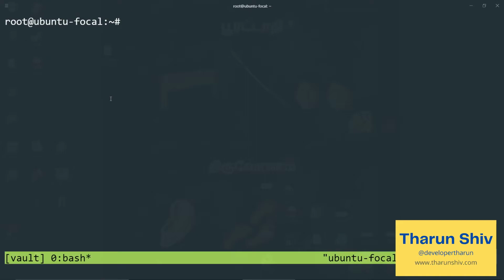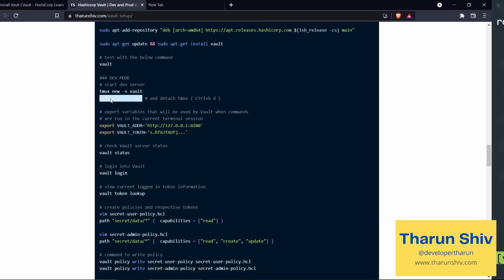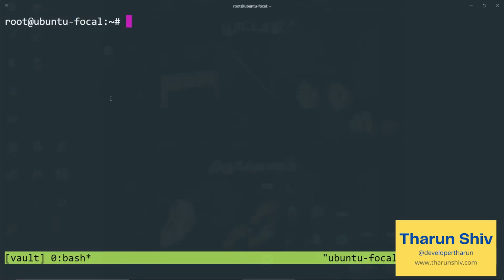You need to make sure you are in a tmux session, or screen, or those kinds of software which will keep running in the background even after you log out from the server, or at least you need to keep this running on a different terminal. Because we want to develop with this server and run commands on it, you need to have a tmux session or screen session running.